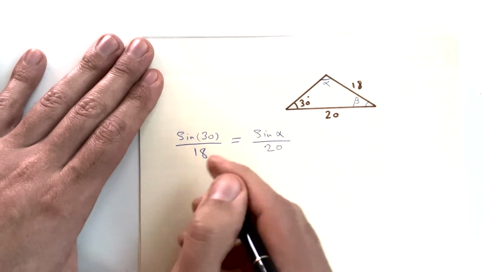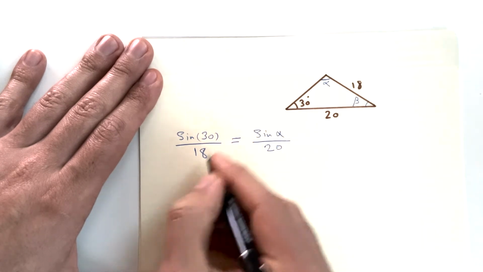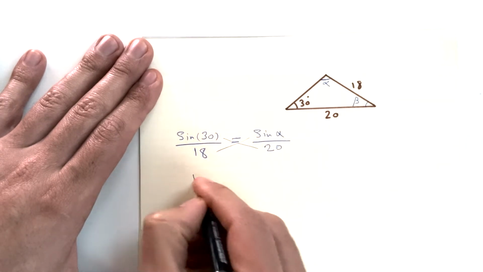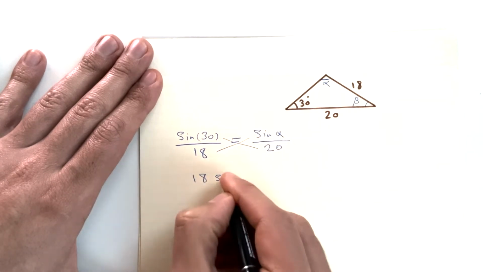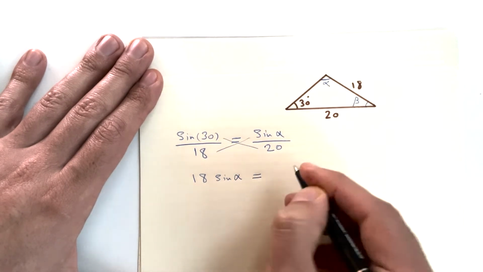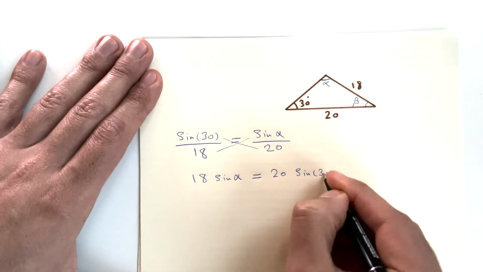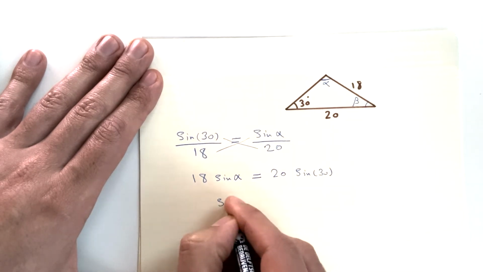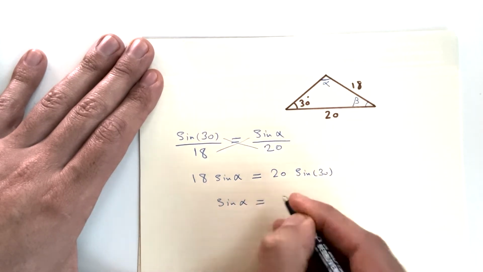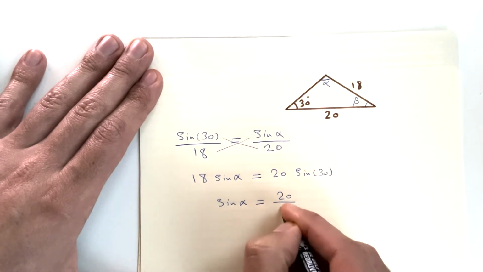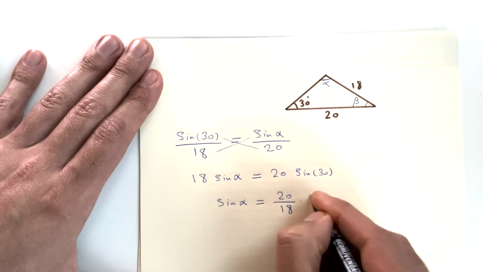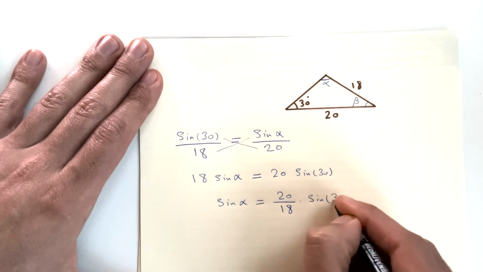So now if I calculate this, 18 sine alpha is equal to 20 sine 30, and then sine alpha is equal to 20 over 18 times sine 30,